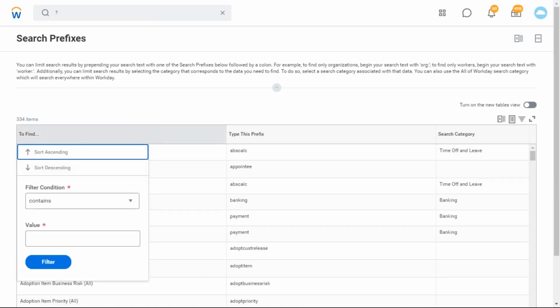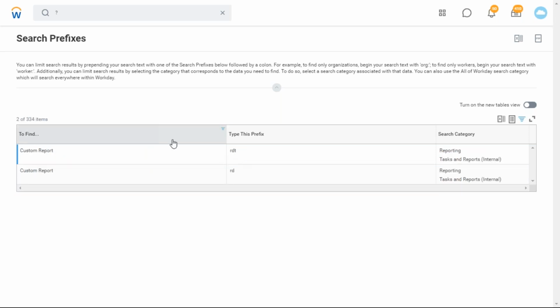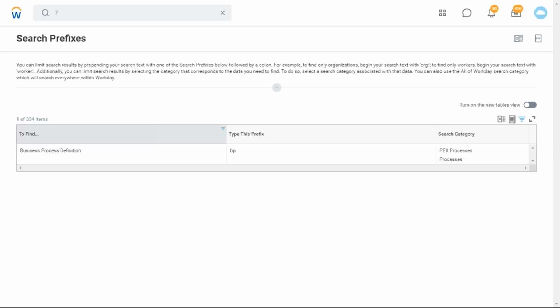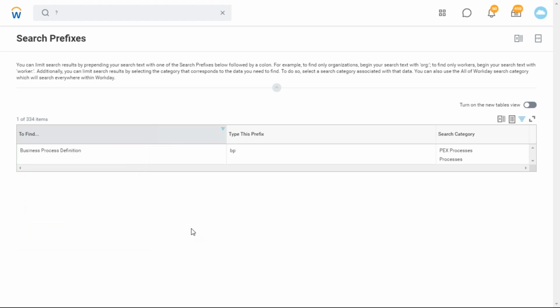If you want to find, for example, a custom report, you can use RT. If you would like to find the business process, if you don't know this, we have given the org.